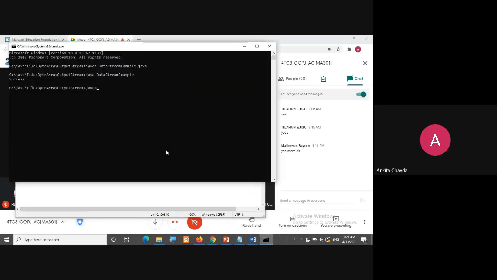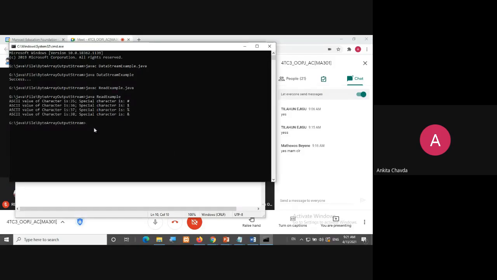So we'll run this javac read example. When I read this, it will be shown onto my screen that the ASCII value of character 35 is a special character hashtag, then dollar, then percentage sign, and this ampersand sign, and so on.